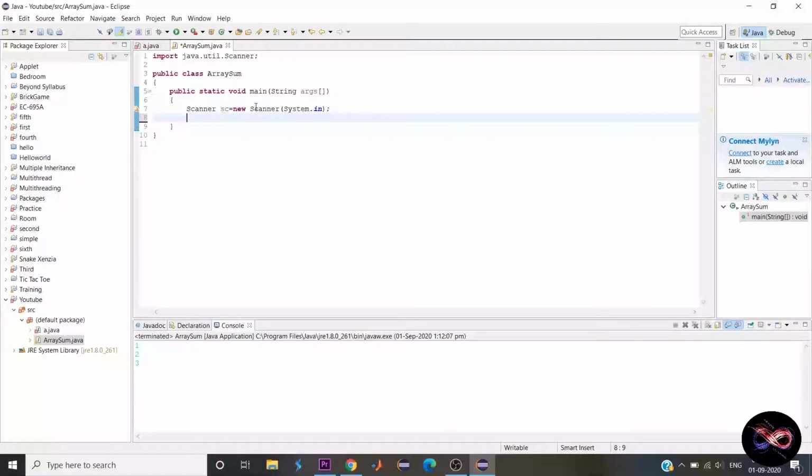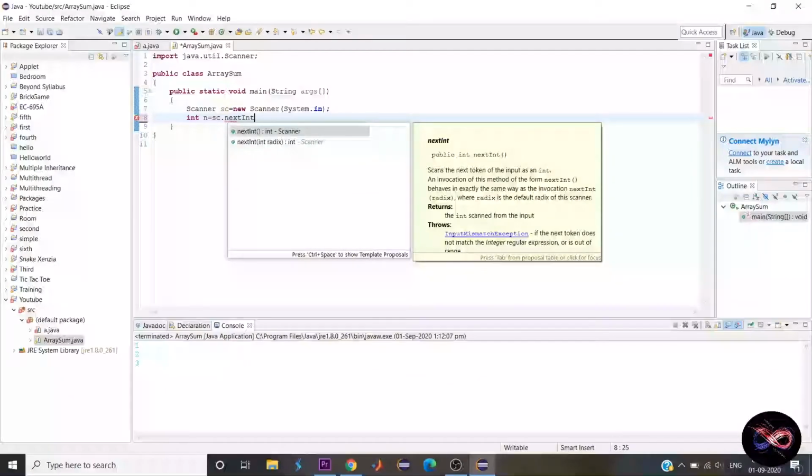Now we will take the length of the array as input. So take a variable int n is equal to sc.nextInt().